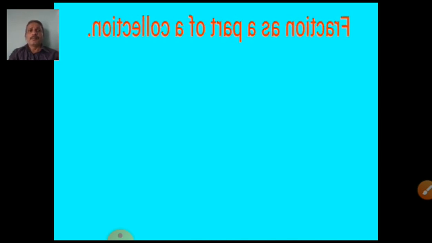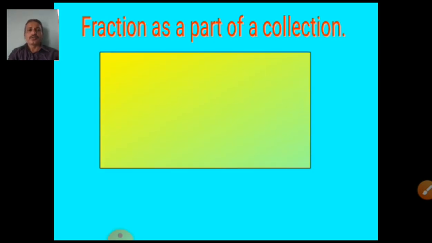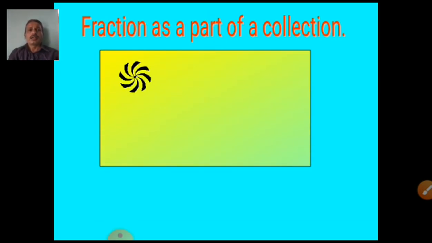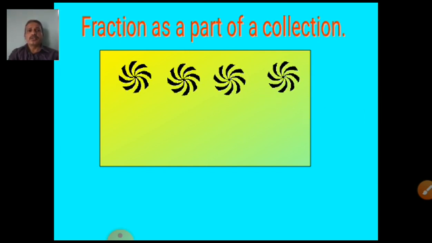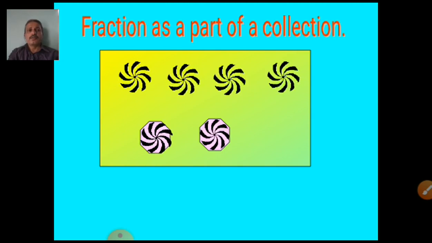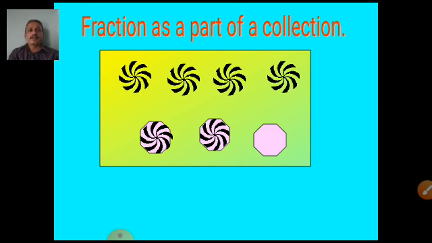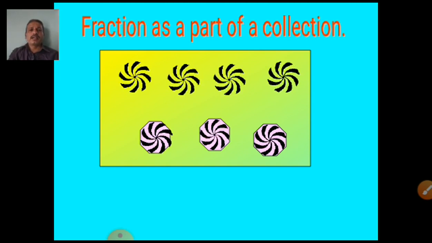Fraction as a part of a whole, that we discussed, now from collections. See, here are some fans. Do you like fans, students? Now is the season of fairs. Fairs have fans. You have visited a number of fairs in your cities, but you like this fan, and here are the fans. We count them first of all, and then discuss. See how many fans are there.